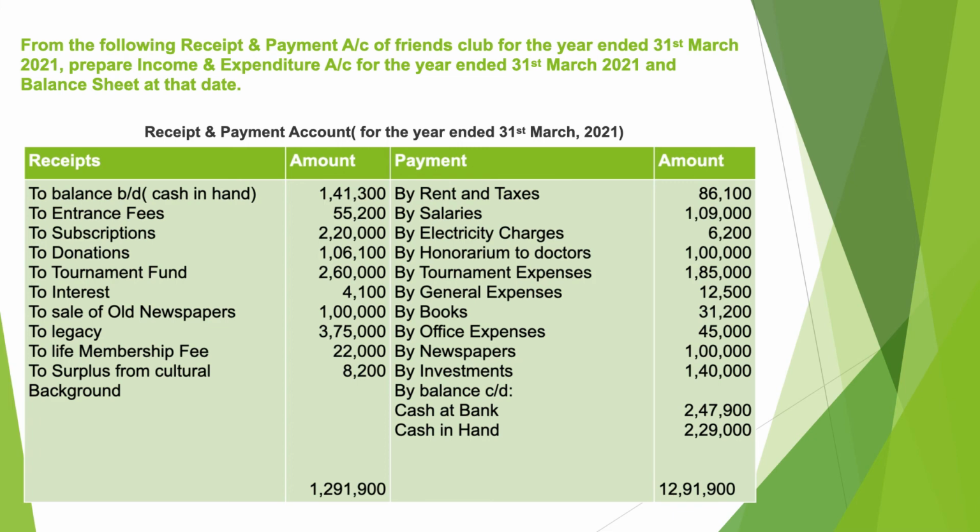Furniture you will record in the previous year's balance sheet as well as the current year's balance sheet, where you will deduct the depreciation from furniture. Then finally the last item is cash at bank and cash in hand. It will be recorded in the current year balance sheet on the asset side. And then you can